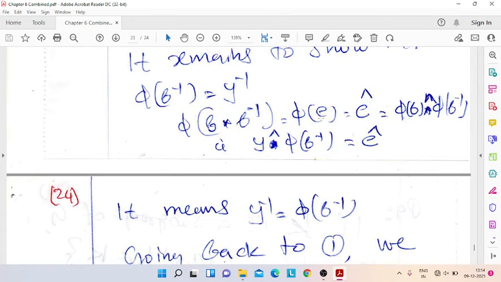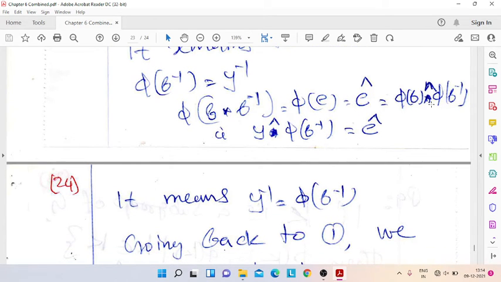So it equals phi of e, which equals e, and that equals phi b star phi of b inverse. And therefore, since phi b equals y,